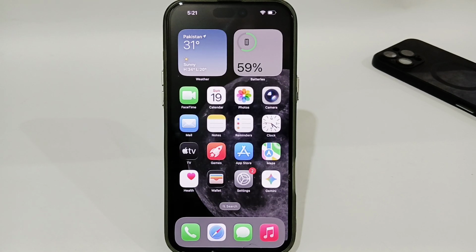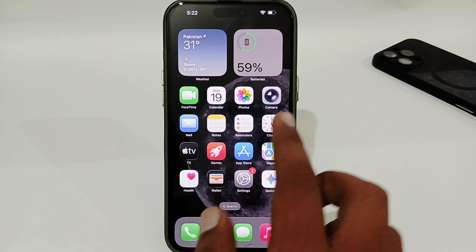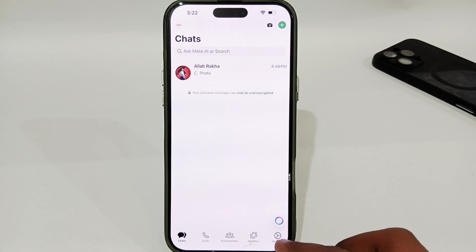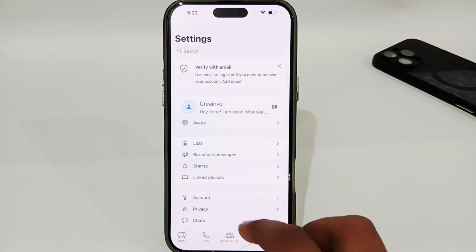Hey guys, today I'm going to tell you how to view WhatsApp status without being seen. If you're using WhatsApp and you want to view anyone's WhatsApp status without being seen, let's see how you can do that. You have to simply open your WhatsApp, then go to settings in the bottom right corner,